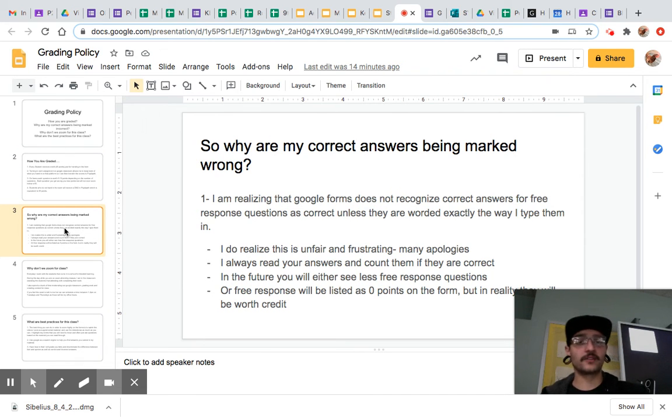So why are my correct answers being marked wrong? Before I get into this, I want to say I know it's frustrating and I know that you have been working hard to get the right answer, so I empathize with your frustration. I'm realizing that Google Forms doesn't mark correct answers for free response questions unless you word them exactly the way I type them. And the problem with that is that 1, you're not mind readers, and 2, I can't think